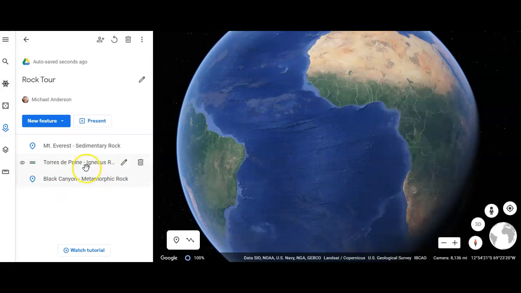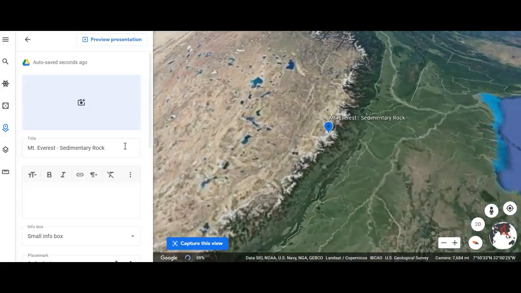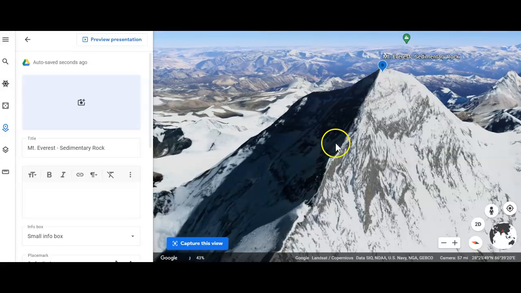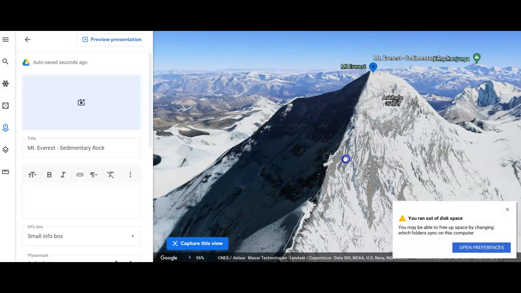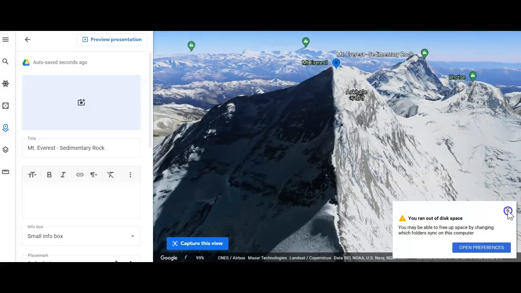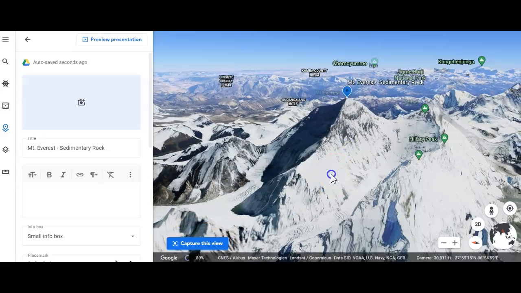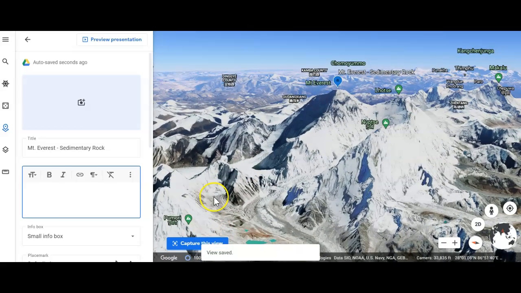I can also do things like I can edit the view. So for example, if I were to click on Edit for Mount Everest, one of the things that it lets me do is I can change the view that I have. If I don't like this original view, maybe I want a little backed out view like this to show more of the other mountains. And then I can just click Capture this view. And so now